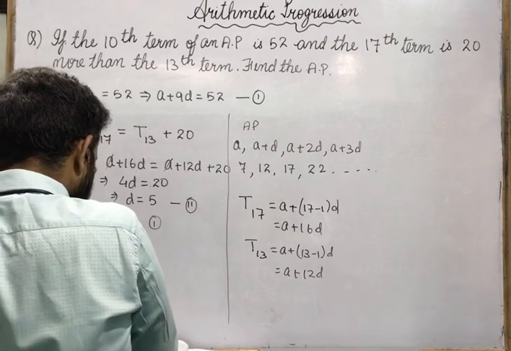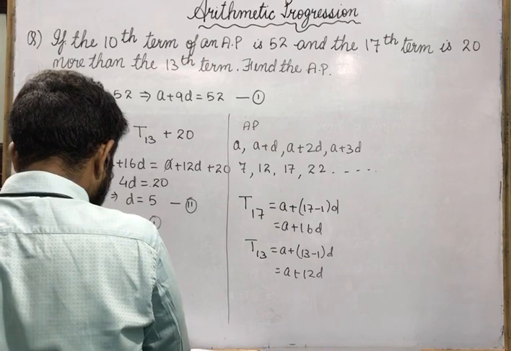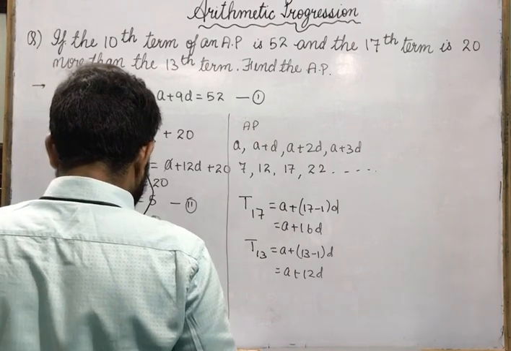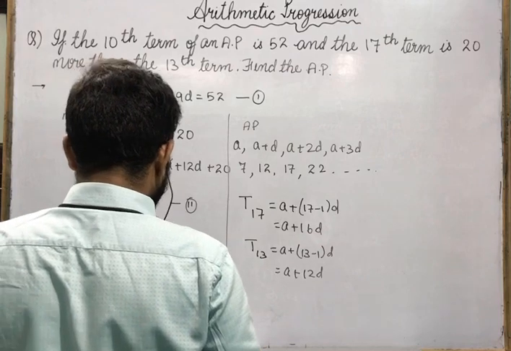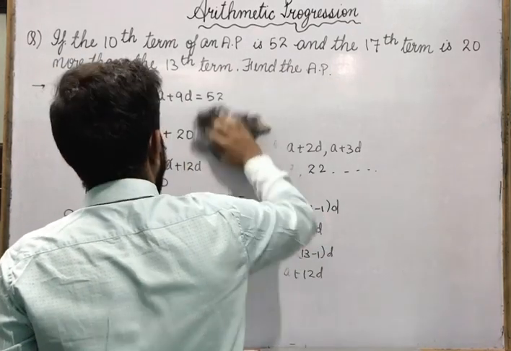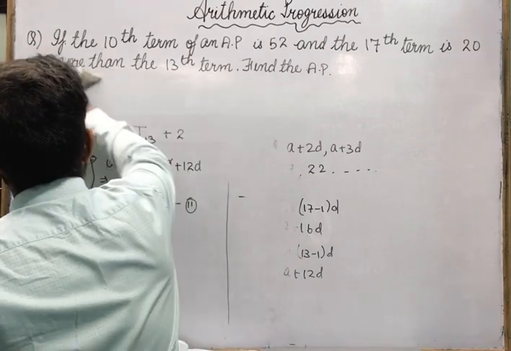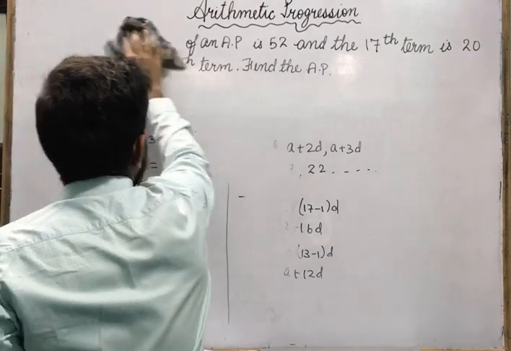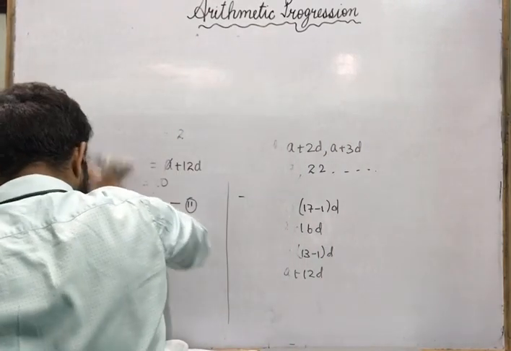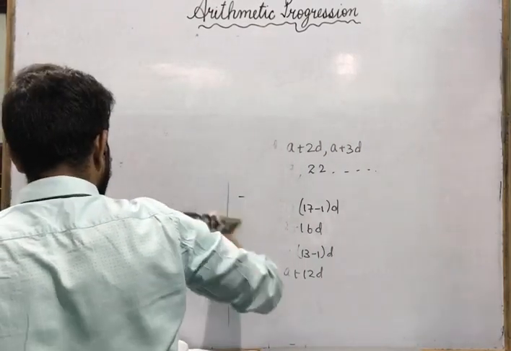We have another question. See, the question is, write it in your copy: the sum of the 5th and 9th term of an AP